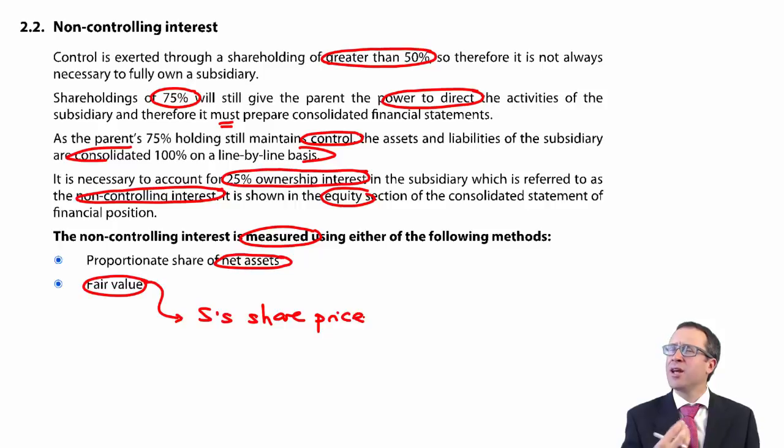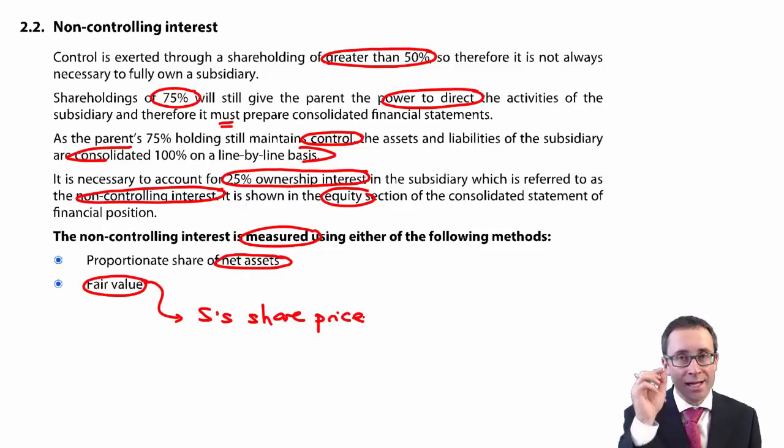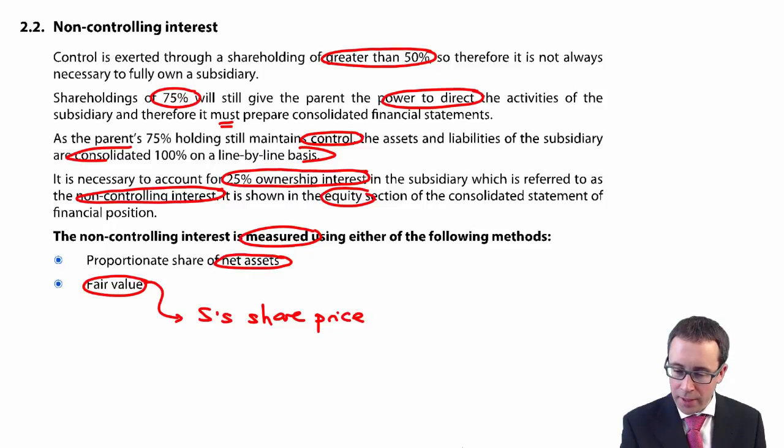Okay, so if you like, it's a little bit more of an exact answer, isn't it? A little bit more accurate, because it takes the true worth and ignores any accounting policies or any accounting judgments that you may have when you refer to the net assets method. Okay, so it's key that you know the difference between the two, and it's important as well to be able to calculate the two.